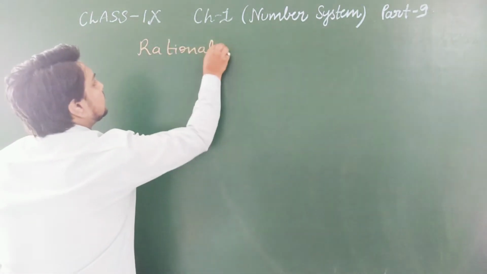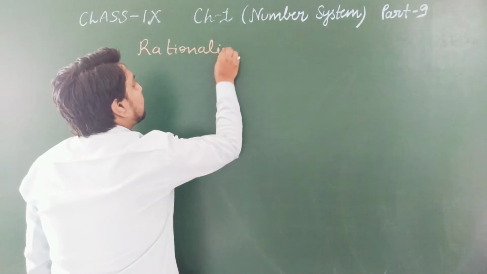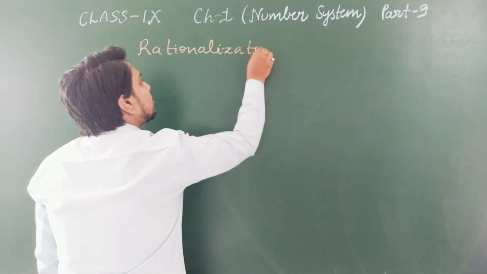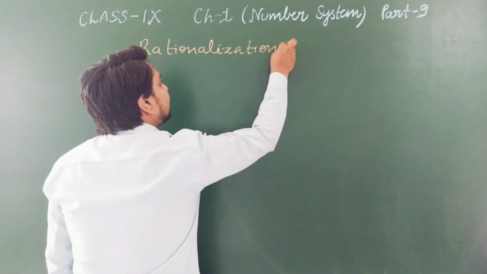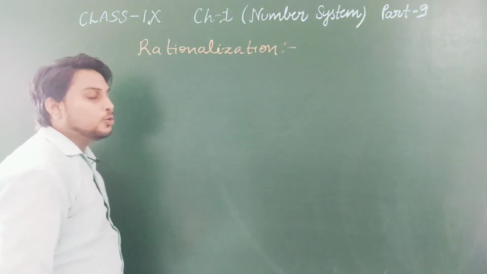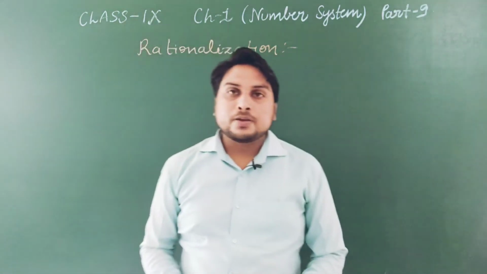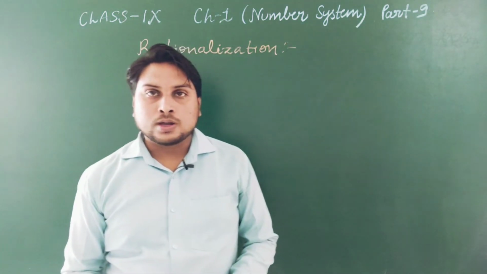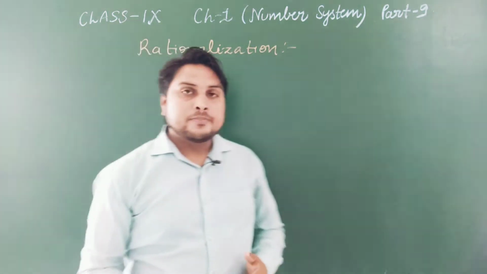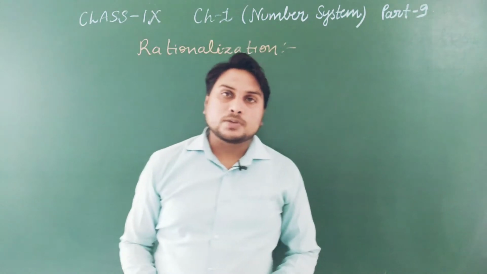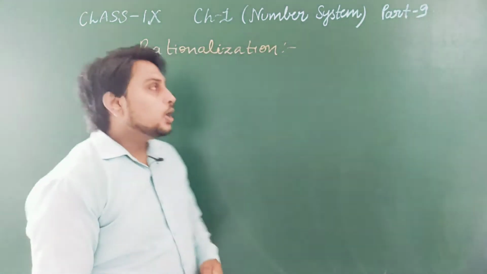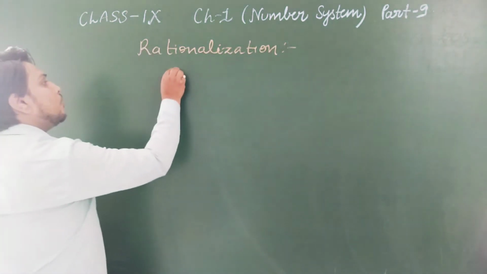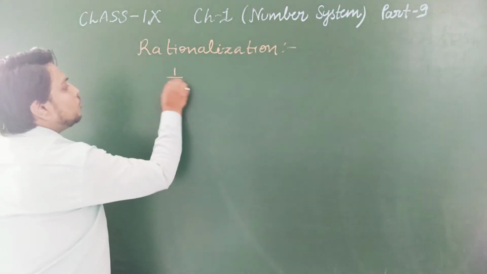Rationalization. So basically in this topic, our aim is to rationalize the denominator. Rationalizing the denominator means removing the square root from the denominator. Like if the number is 1 upon under root a,